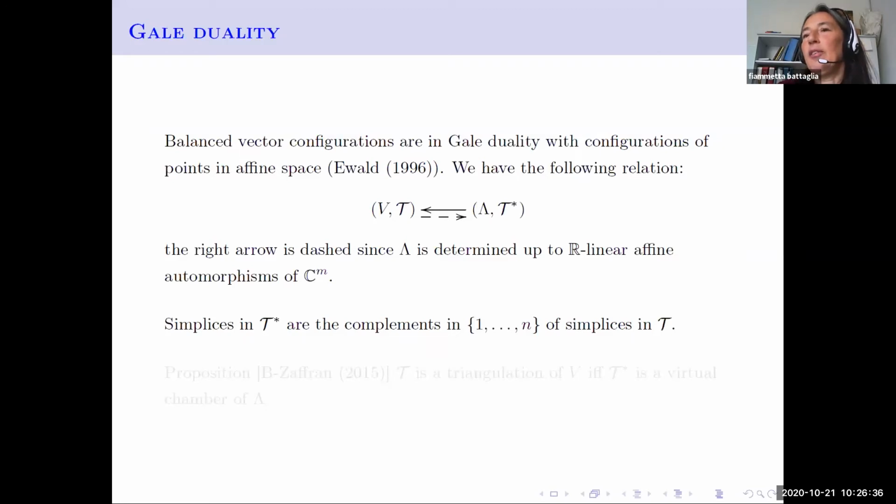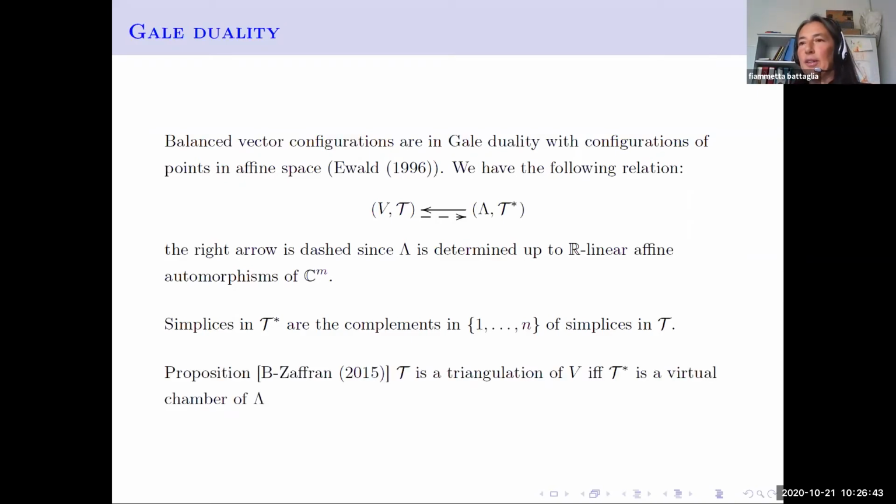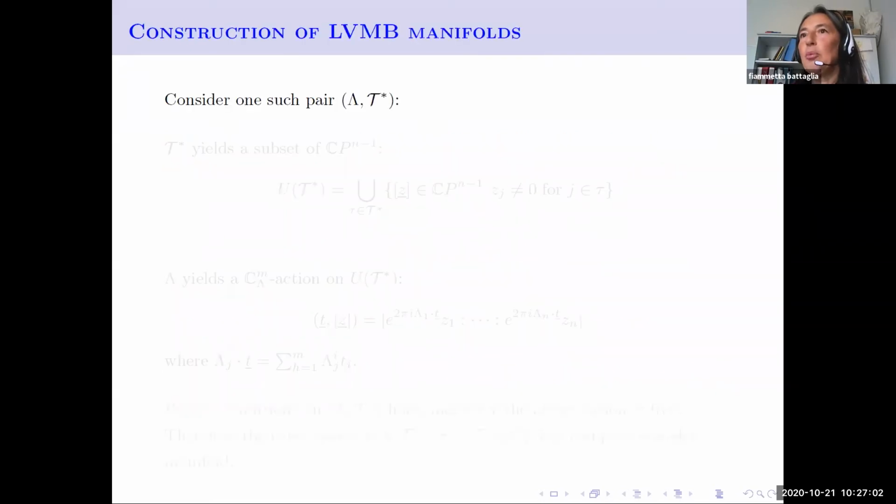So T star is determined completely by T and vice versa. And we proved with Dan that T is a triangulation of V if and only if T star is a virtual chamber of lambda. So with this correspondence given by Gale duality, let's put this correspondence on hold just a second. Then what happens if we consider a pair lambda, T star, then we can construct a manifold,